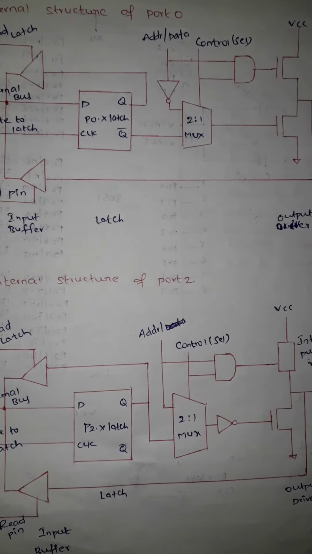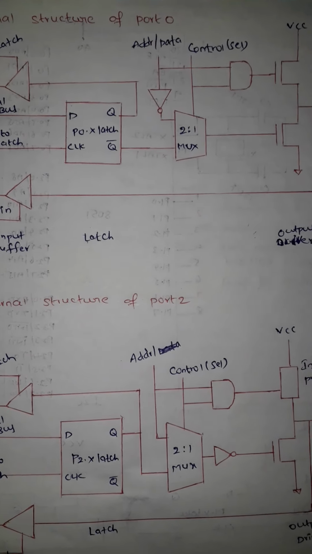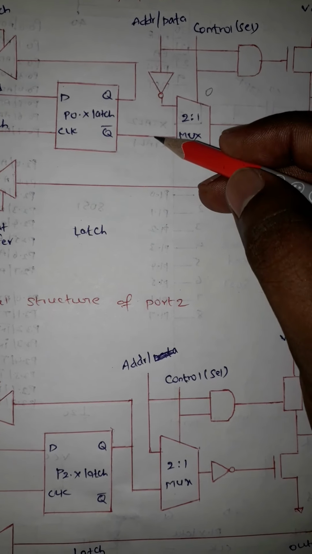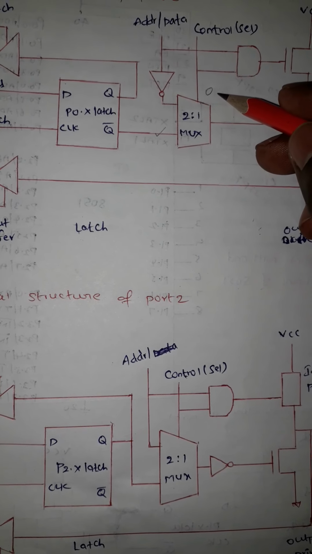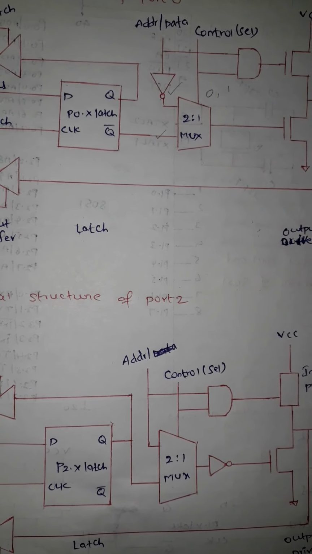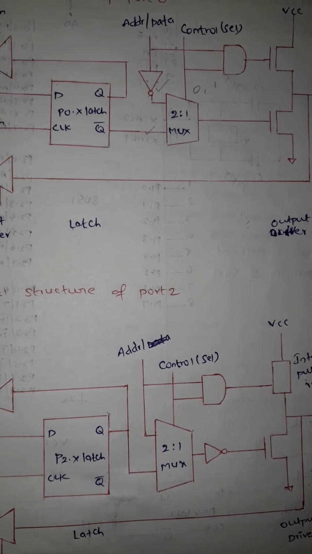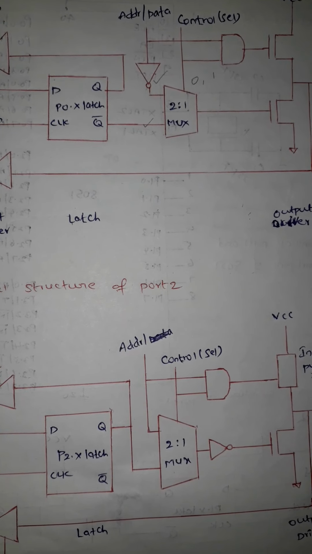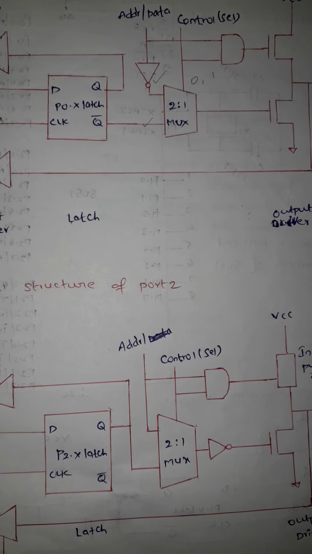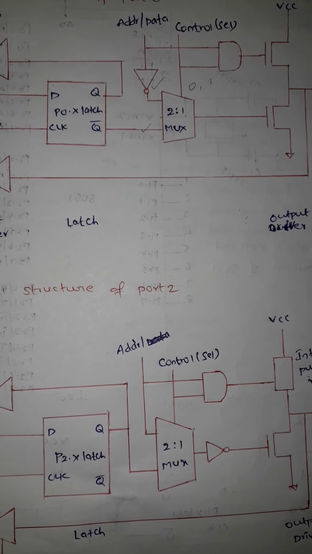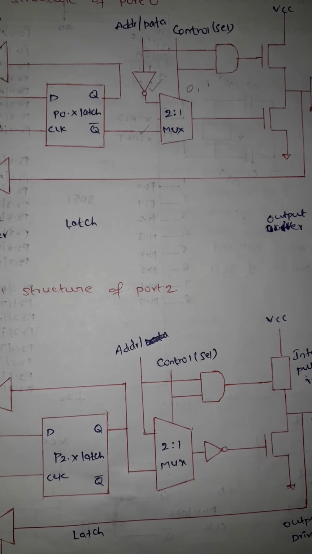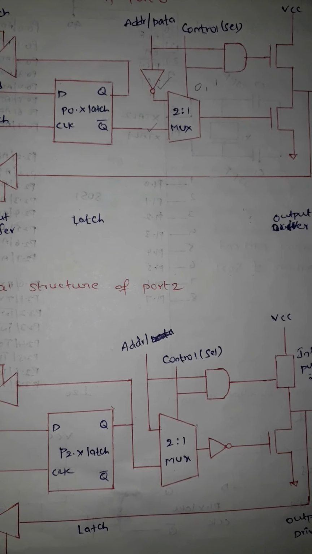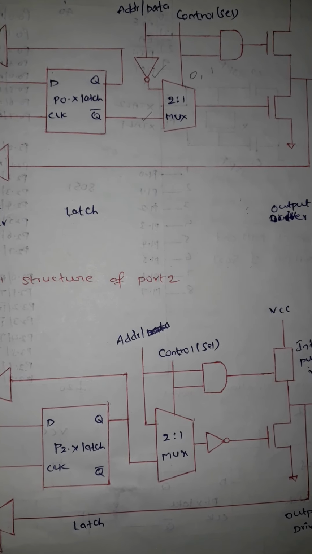For that, a control select line is used. When this control select line is 0, it selects the port operation, whereas if it is 1, it selects the address data operation. So by using the control select line of the multiplexer, we can select the IO operation, or we can select the address data multiplexed bus for external memory access. We can select that address data bus by making the control line high, that is 1, and you can select the IO operation for the port by simply making the control signal 0.